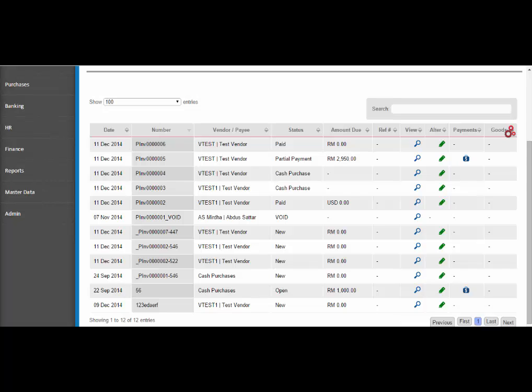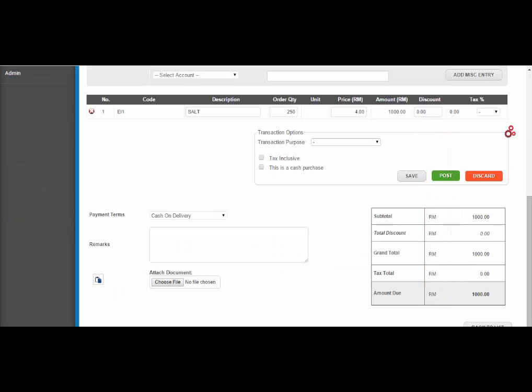Purchases features function. Command button. The following video explains the command buttons and their functions that are available throughout the purchases process flow. View. This button allows users to view the document without making any changes. Alter. This button allows users to alter the document, editing or converting the document. Save. The Save button is used to save the transactions with the intention to make some changes later or